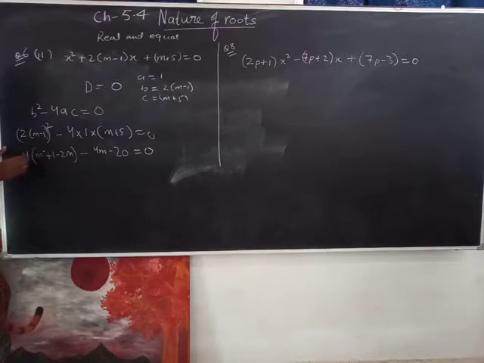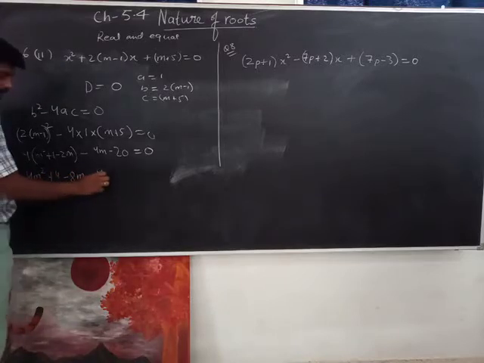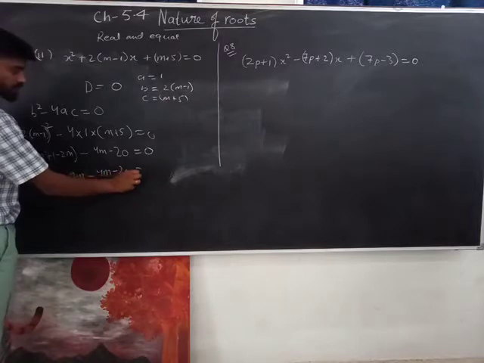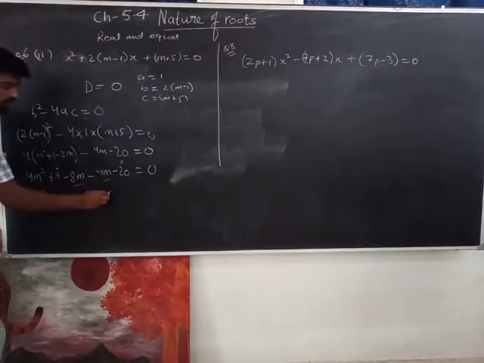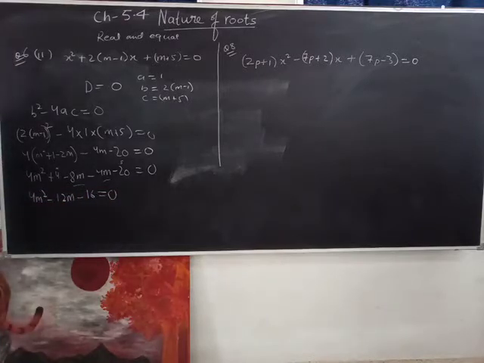Now if I multiply by 4, it's going to be 4m square plus 4 minus 8m minus 4m minus 20. Now there are some like terms that I can solve: this and this one and this one. So I'll be solving them. 4m square, and this becomes minus 12m, and then minus 16 equals 0. Now this is a quadratic equation for you. You know how to solve a quadratic equation. You have to split the middle term.